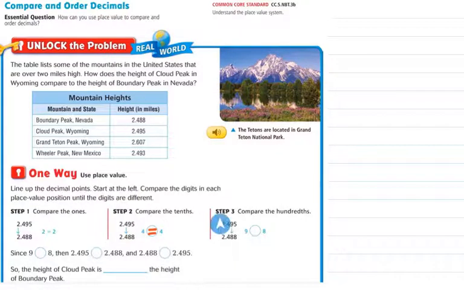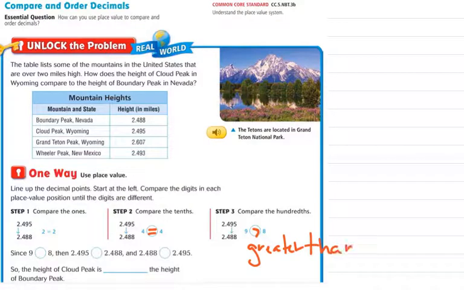the right. So in step 3, we're going to compare the hundredths. We'll look and compare 9 hundredths, 8 hundredths. Boys and girls, this is something we've been talking about all week in class. Would you rather have 8 pennies or 9 pennies? Yes, that is correct, boys and girls. We would rather have 9 pennies. So we know that 9 is greater than